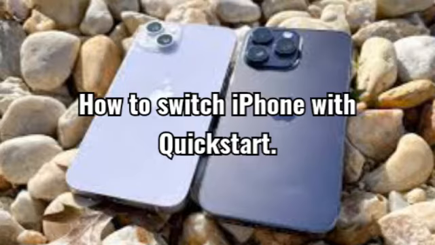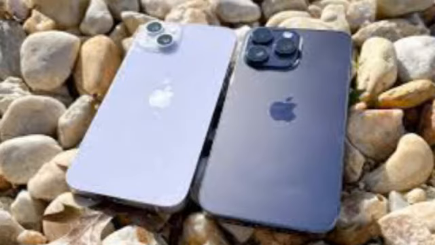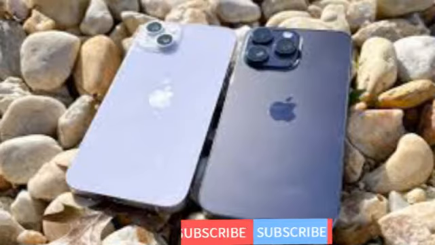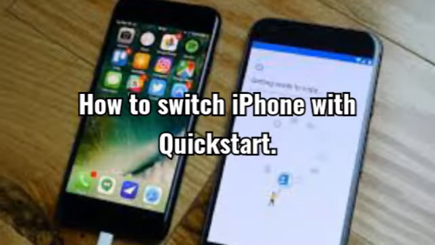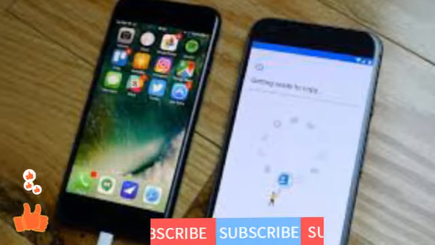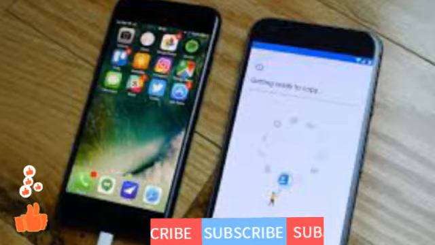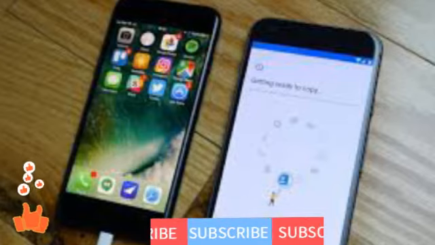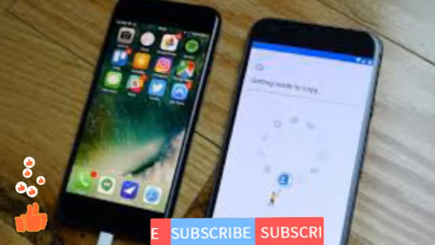After your iPhones are connected, wait till the data and settings migrate between devices. Keep both iPhones close to each other. When prompted, enter the passcode from your old iPhone on your new one as well as your Apple ID password. Set up Touch ID or Face ID on your new iPhone. Now, select if you'd like to restore data from the most recent iCloud backup or backup your old device now